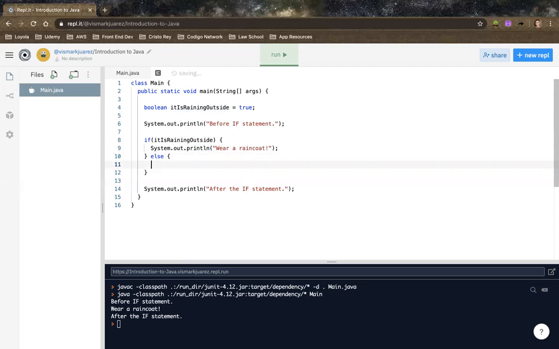So let's just do another print statement. I'm going to copy it because I'm lazy. So I'm going to paste that in here. I'm going to change the message to something else. Maybe if it is raining outside, wear a raincoat, and if it's not raining outside, aka else, we'll say you don't need a raincoat. Okay, so if I run this,